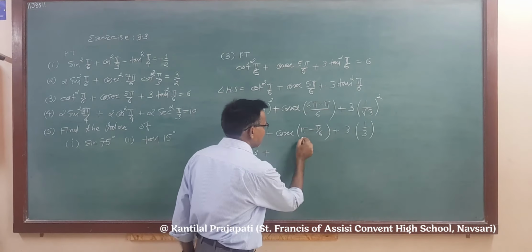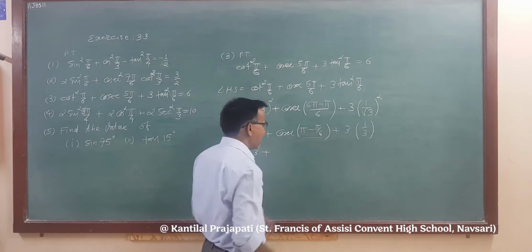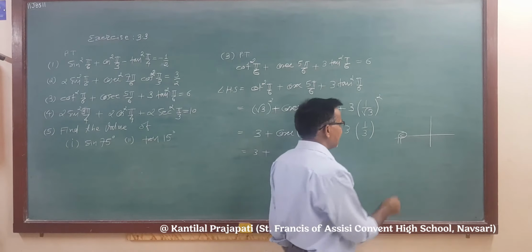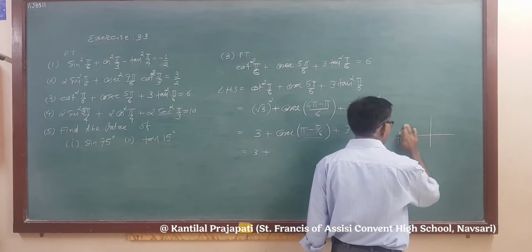Now you decide the quadrant here. Pi minus, that is, minus sign means we have to move in clockwise direction. The pi must be here, right? A, B, C. Pi will be at C, and pi minus, that is, we get the second quadrant. Pi minus x must be here, right? That it is in second quadrant. In second quadrant, by all STC, what is S? S for sine. The sine is positive and its reciprocal is positive. What is reciprocal of sine? That is cosec. Cosec is positive, right? So we get positive sign.